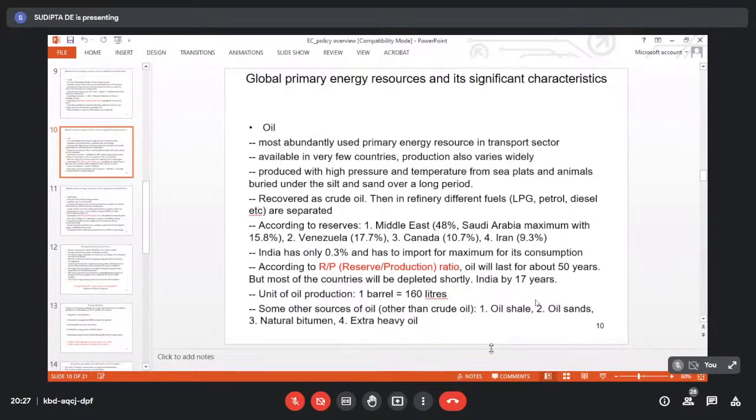Anyway, other countries like Canada, Iran, etc., also have significant oil storage. From which country India will import oil will depend on many aspects, and one important issue is diplomatic relations with those countries. You know that India still imports maximum oil from Saudi Arabia, and that's why they are very sensitive with respect to some issues, if it goes very political, related to religion and other issues. So India has to move very cautiously, because diplomatic relation is a very sensitive issue. If it goes beyond control, then your economy will be directly affected.